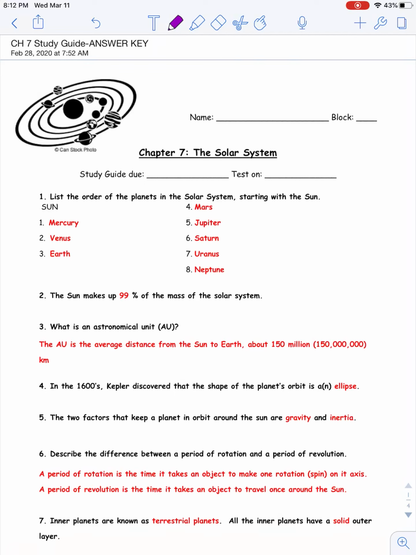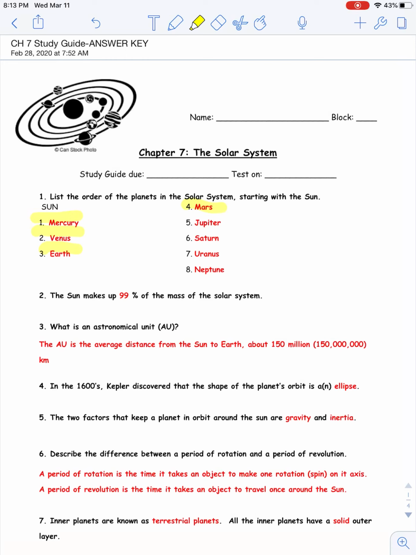Time to go over our Chapter 7, the Solar System Study Guide for our upcoming test. So you are going to need to know the order of the planets of the solar system starting from the sun. So they are Mercury, Venus, Earth, Mars, Jupiter, Saturn, Uranus, Neptune. My very excellent mother just served us nachos. So remembering that